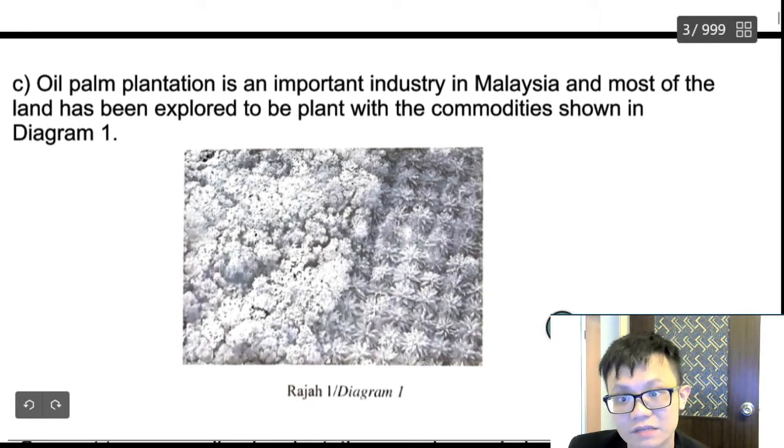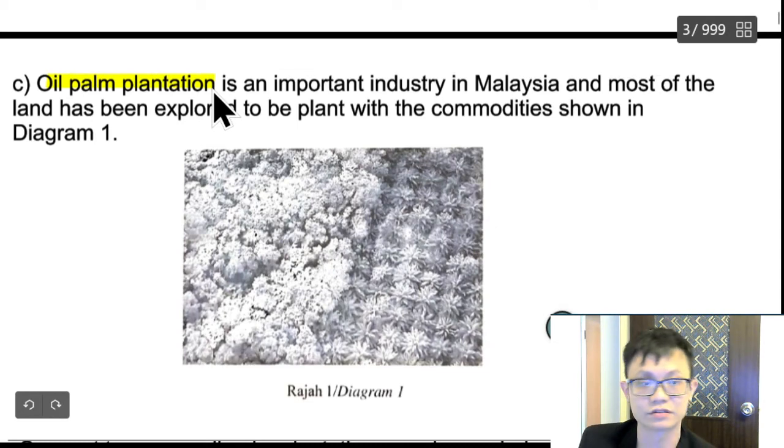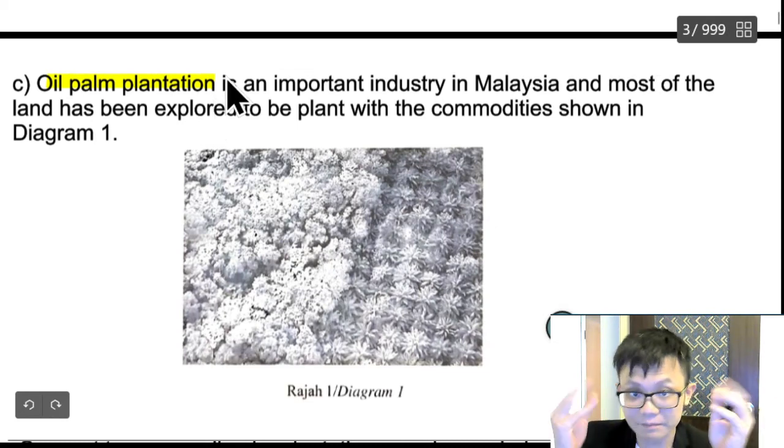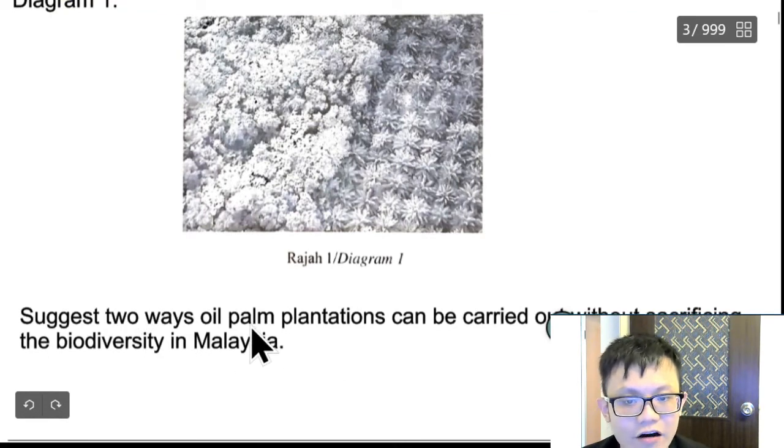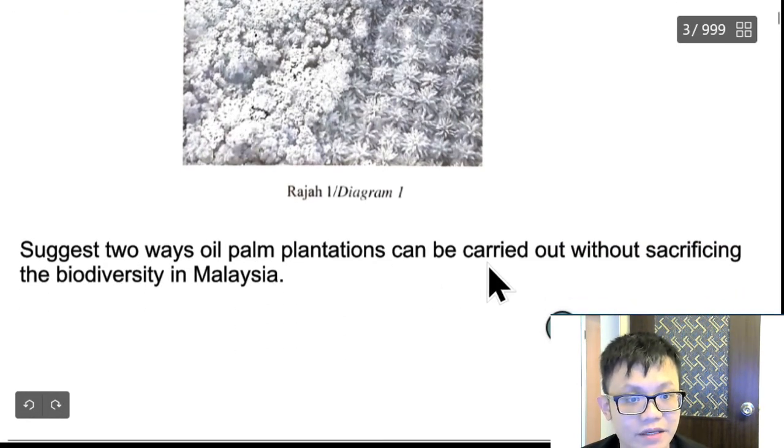Of course Malaysia is very famous for oil palm plantation, correct or not? Because you can get a lot of money. And suggest two ways oil palm plantation can be carried out without sacrificing